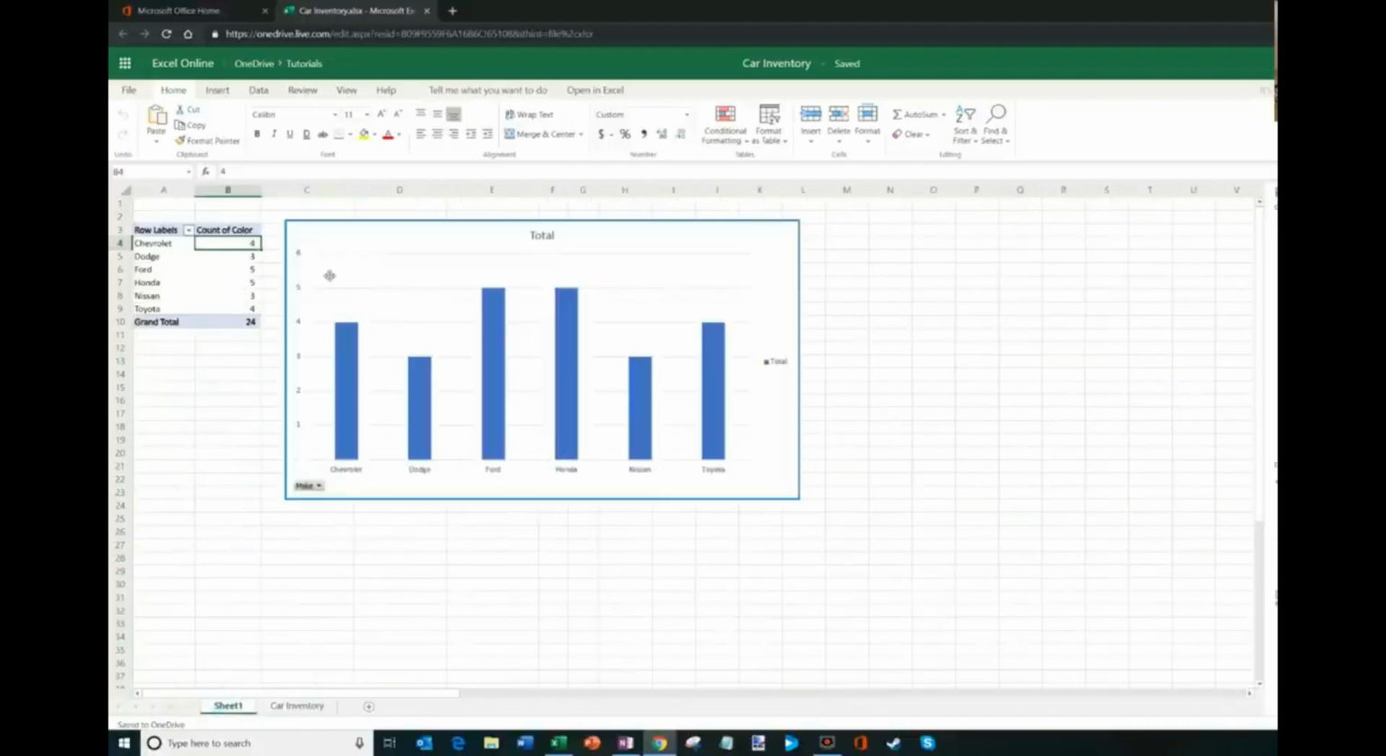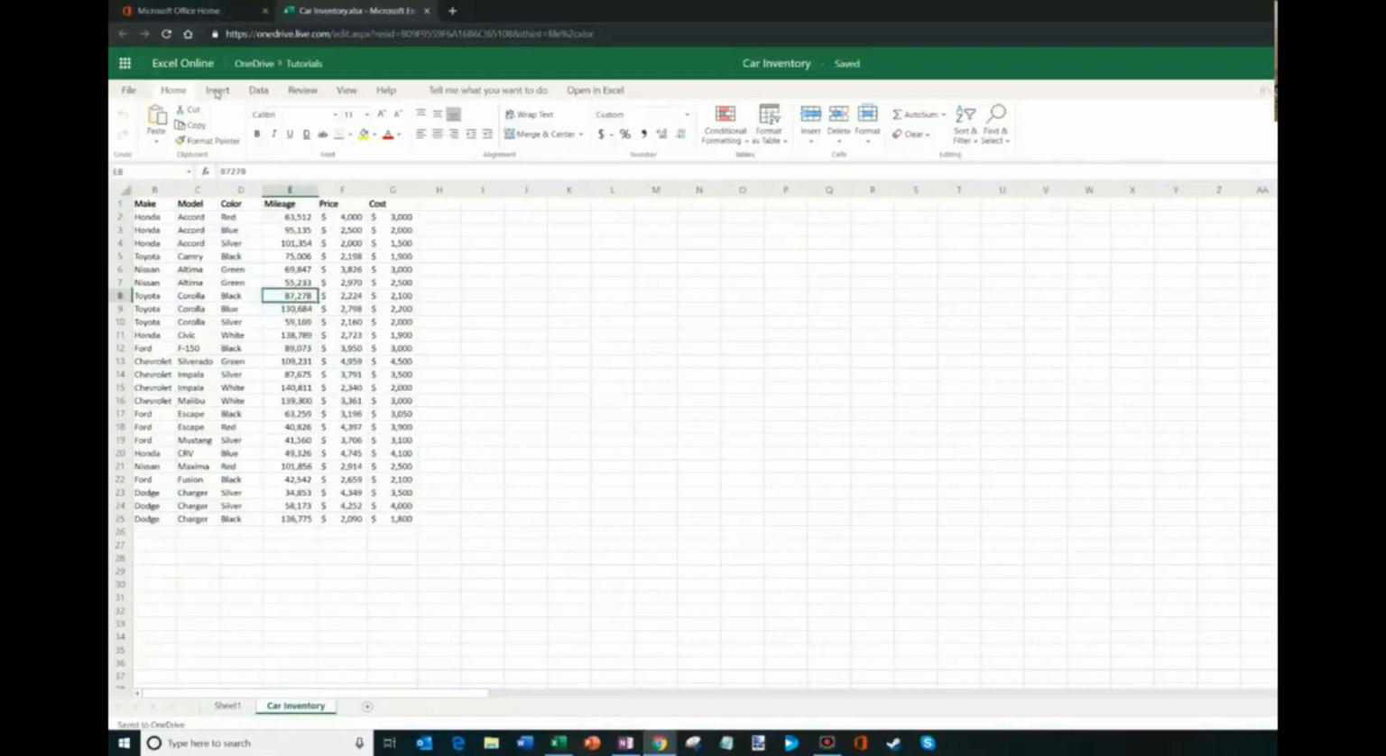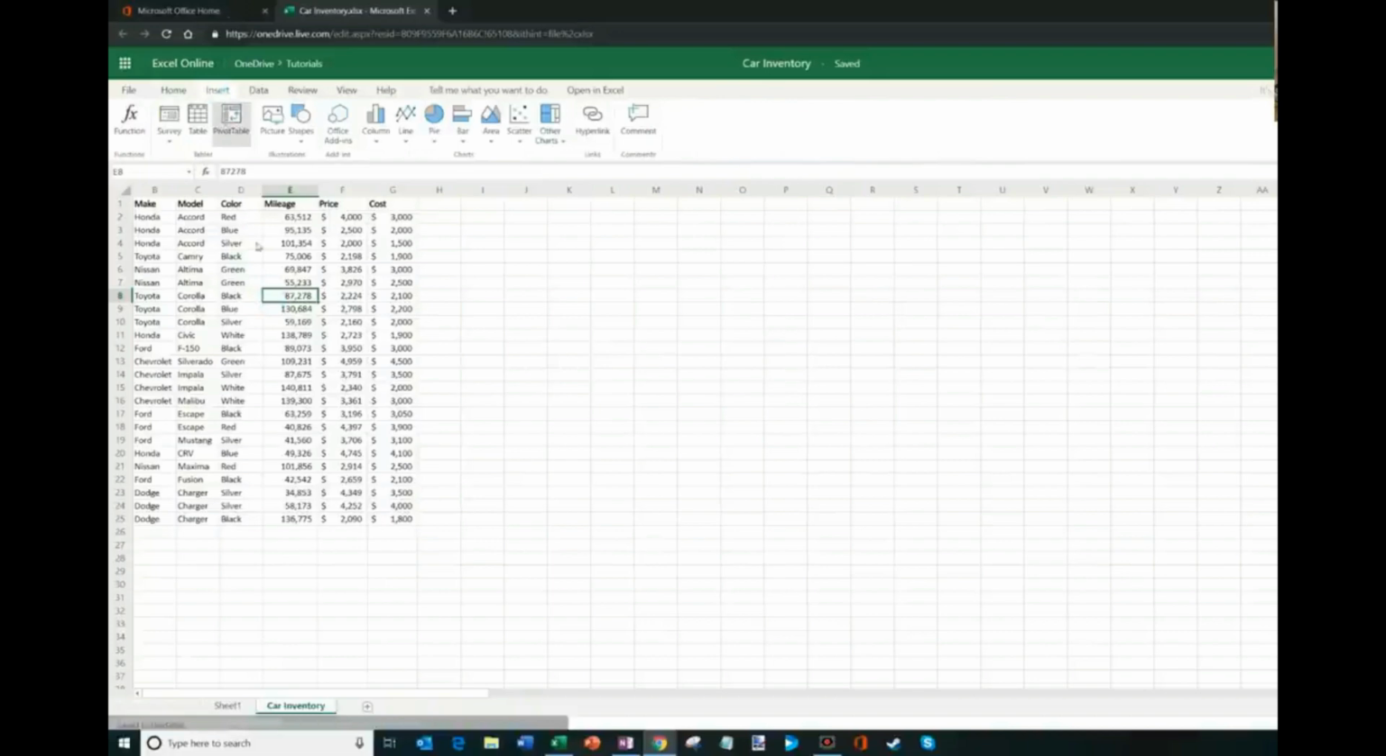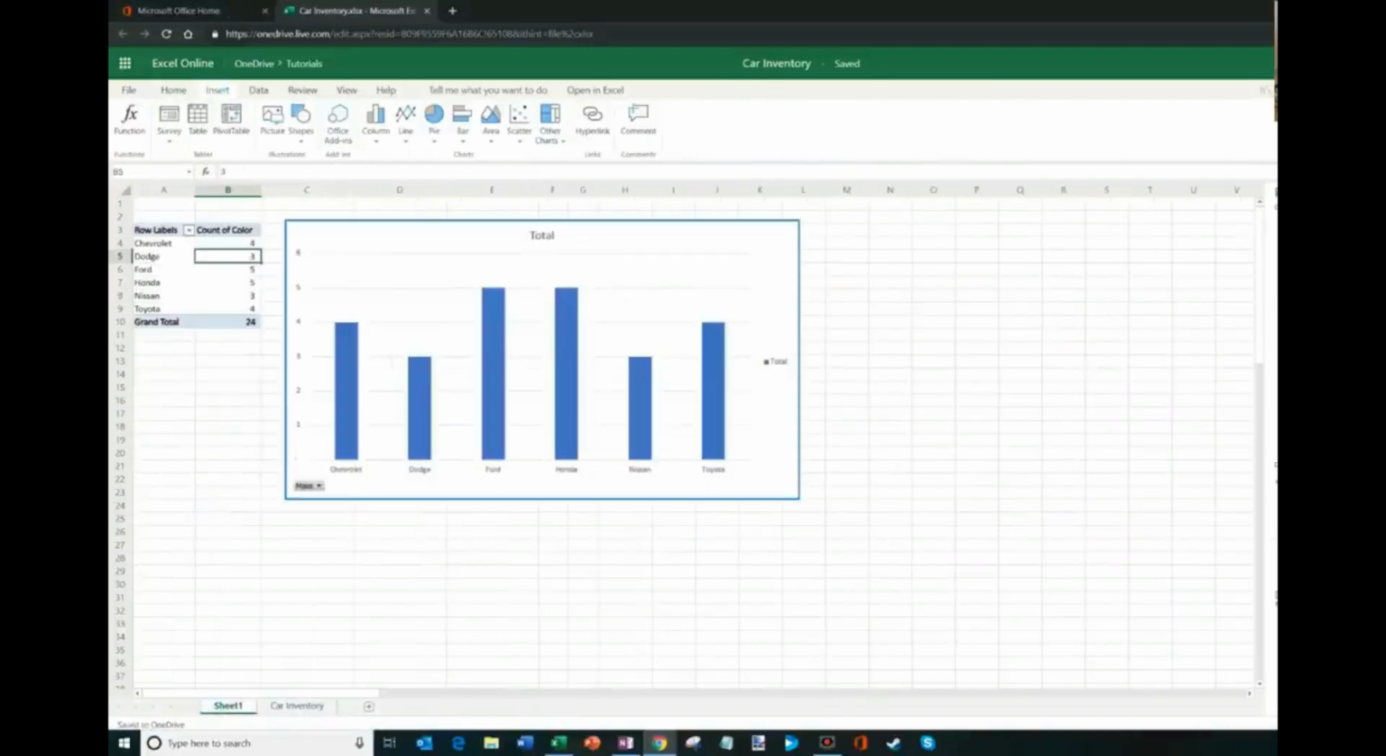I'm going to click into Sheet 1, and then here you'll see I have my pivot table, and I have the chart that I inserted on Desktop Outlook. And here in the online version, what I could do is I could go to Insert. I could just as easily insert a pivot table. And then here, I could just as easily manipulate my data just like I could in